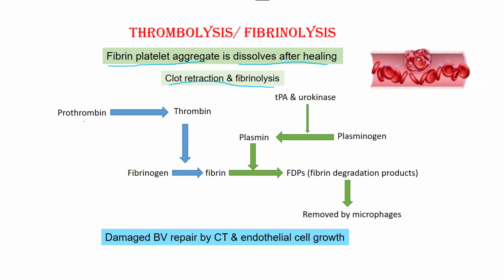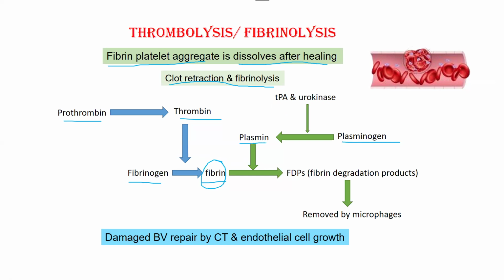So what happens, you have seen this is the common pathway. Prothrombin will form into thrombin because of factor 10A. Thrombin will convert fibrinogen into fibrin. So up to here, you know this fibrin was the factor that was forming that fibrin meshwork. Now your body has to stop this, otherwise this fibrin will keep on forming, and now we don't need that. So what will happen, there are 2 things, you have plasminogen that will convert